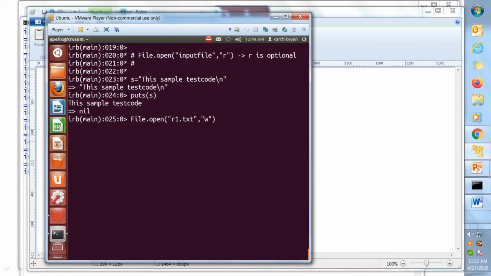If I write this, it will create a new file, r1.txt. If the file r1.txt already exists, its contents are erased, overwritten. Now this result file I initialize to a user-defined handler object, and using that object dot